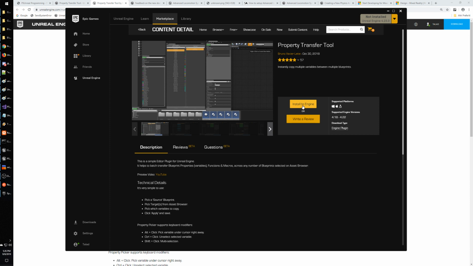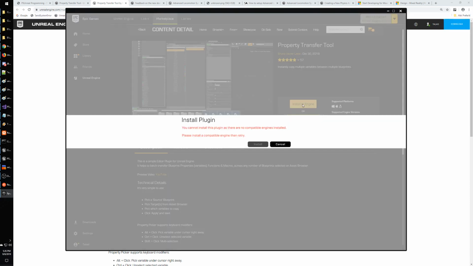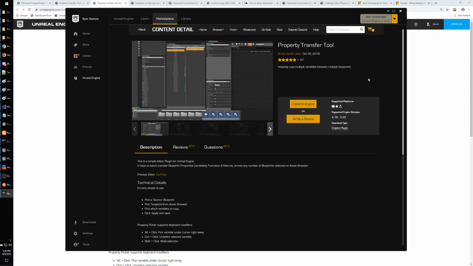Install to engine. "You cannot install this plugin as there are no compatible engines installed. Please install a compatible engine and try again." Yeah, the problem is that my engine is a compiled engine from source code, and so it's not seeing it as